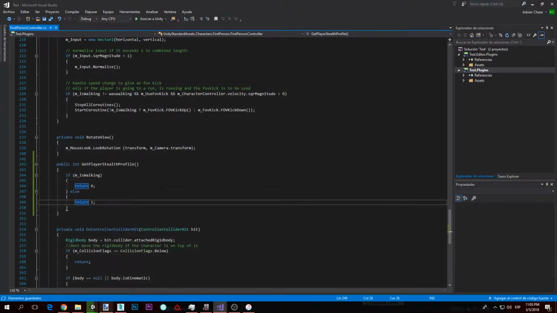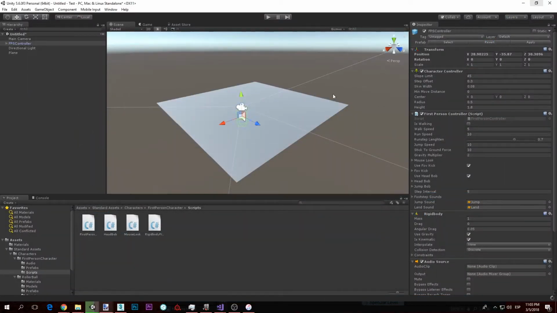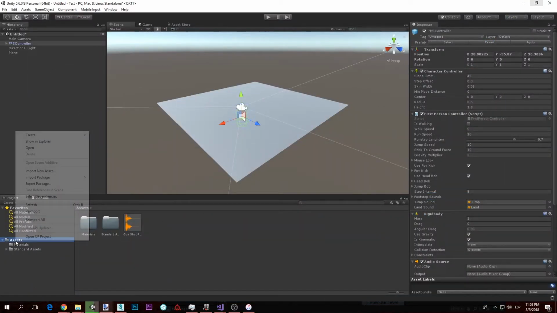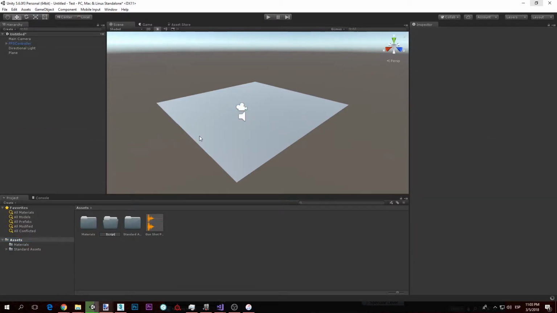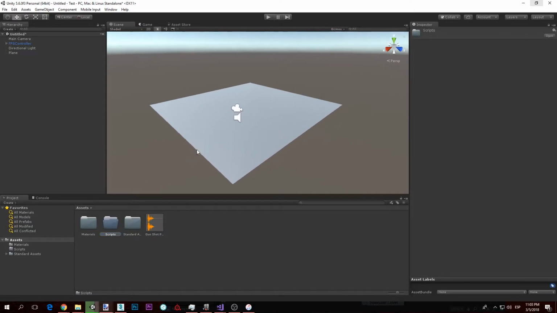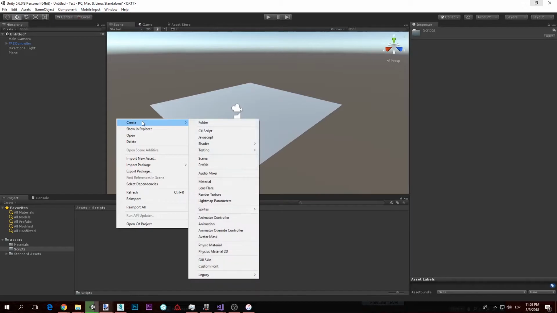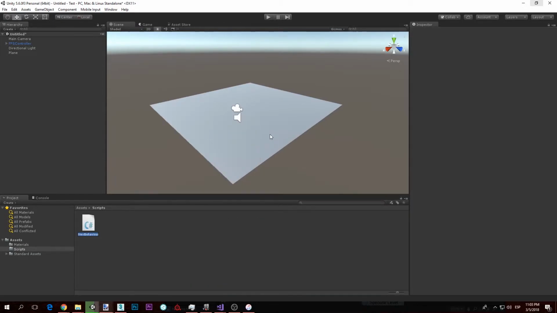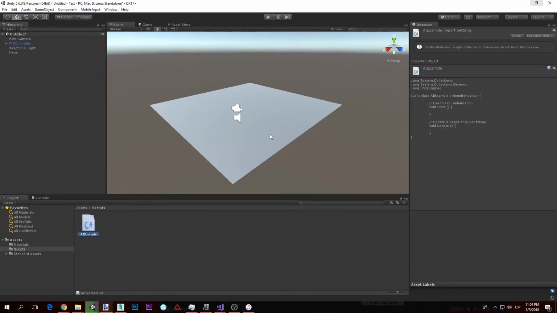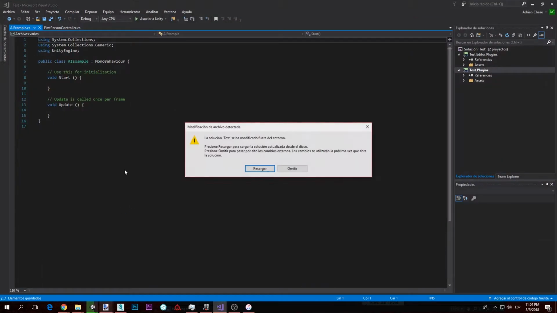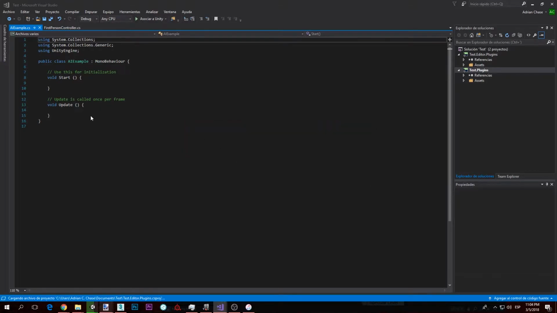Okay, having made that, the second thing we need to do is an AI script. So I'm going to create a folder here. Create folder script. Sorry, my computer is kind of slow because I'm light mapping my other project while I'm doing this. So I'm going to call this AI example, which is basically the concepts that I showed before in a small script, you know, like a zombie. So I'm going to reload this, and